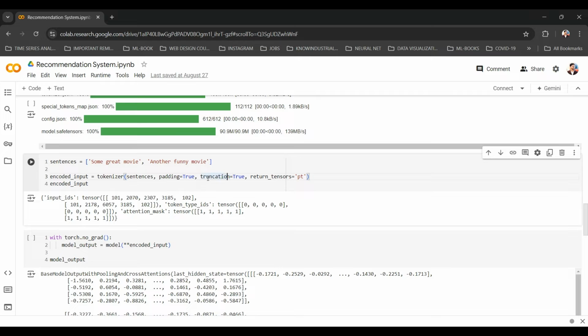We have set padding equal to true. Why? Because we need equal length for tokens, isn't it? Otherwise the model won't be able to infer anything, because the models require that for a particular batch all the sentences have the same length. So that's the reason why we have added padding. If one sentence doesn't have a valid token, it will be represented as 0 here. Basically, if there was no word to convert to a token, it just adds a padding. I will show you how it will look.